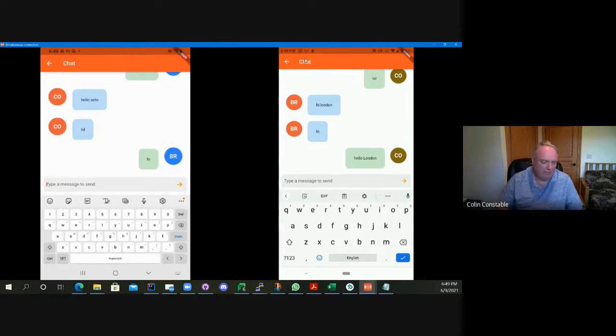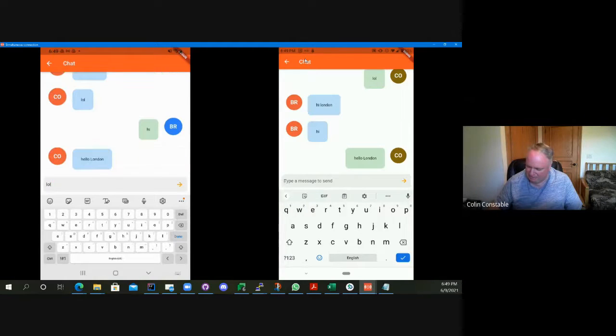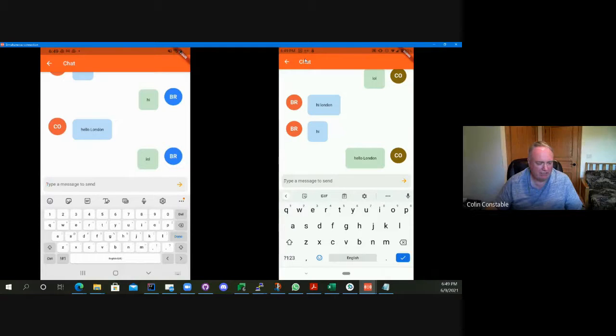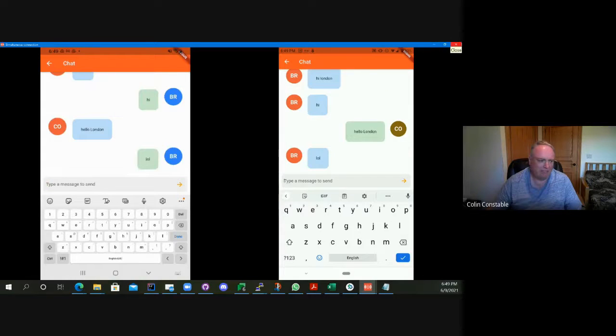Send another one, see if it gets across. It's getting across and it's working fine. So there you go. You have an end-to-end encrypted app running on your own infrastructure, so you can see what's going on, and it's just working.